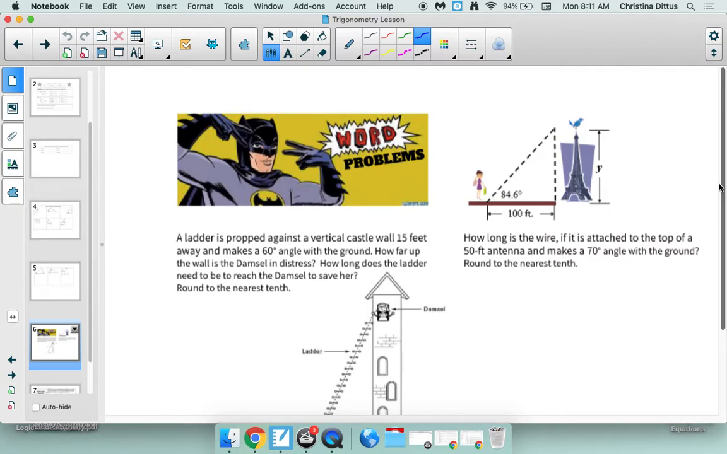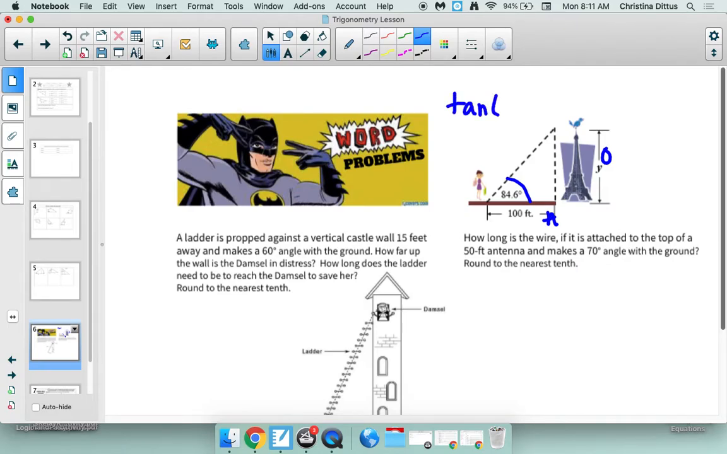Anyway, what you have to decide every single time is, are you using sine, cosine, or tangent? So we gotta look, remember, from our angle's point of view. From our angle's point of view, how does y relate? Opposite, adjacent, or hypotenuse? Opposite. How does that 100 relate? Adjacent. So I have O and A. Am I looking at SOHCAH or TOA? TOA. So I'm going to take the tan